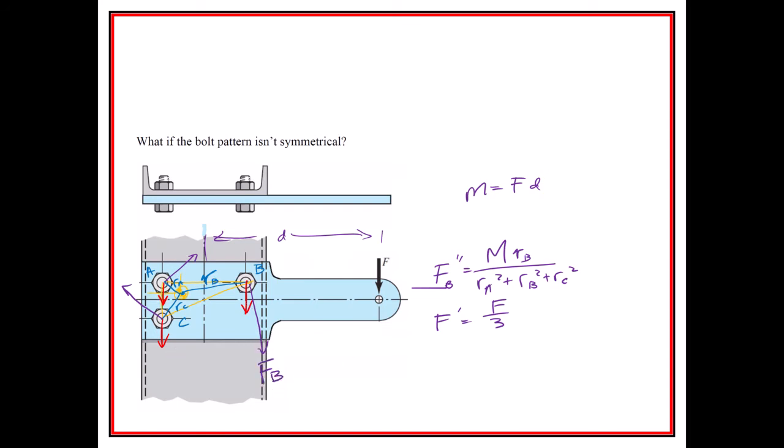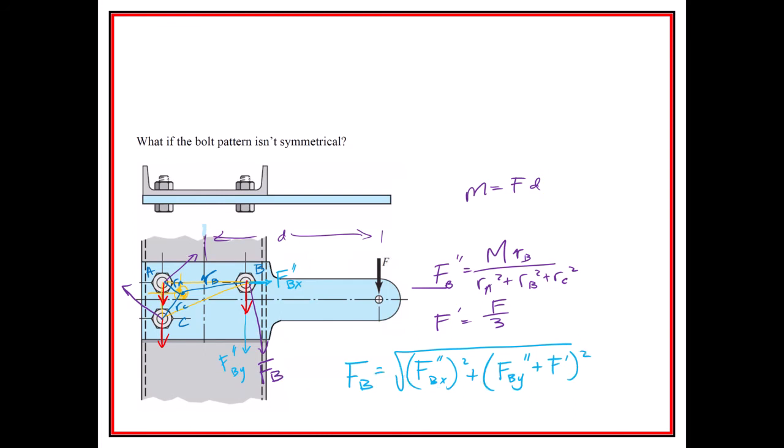Now, quite often, the easiest way to do this vector addition right here is to break the diagonal ones up into x and y components, right? So we have FBX, F double prime, and F double prime BY. So when we go to find FB, it's going to be the square root of F double prime BX squared, because it's the only one in the x direction, plus, and it depends when we do this on which bolt it is, whether the y's agree or disagree with each other. This in this case would be F double prime BY plus F prime, squared,